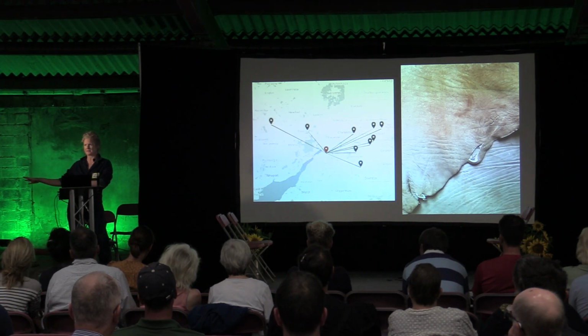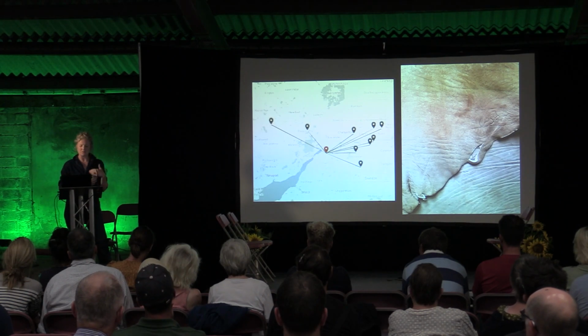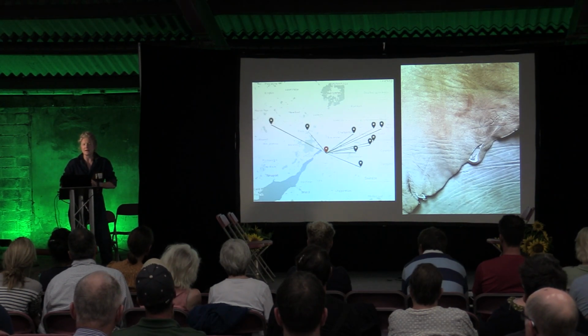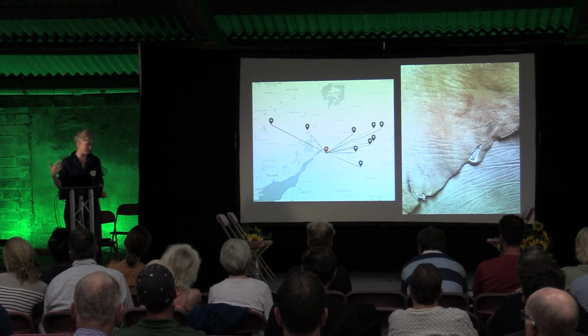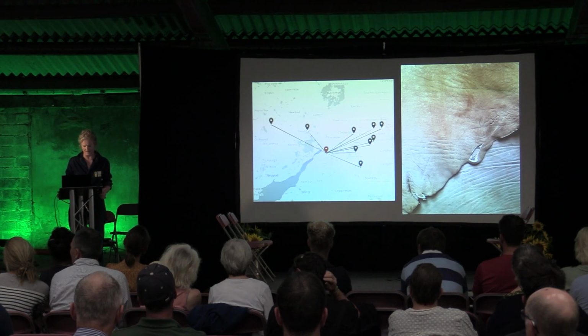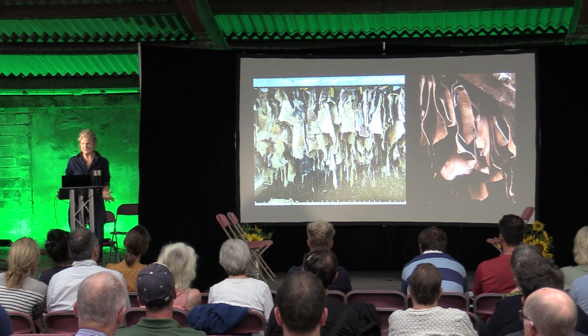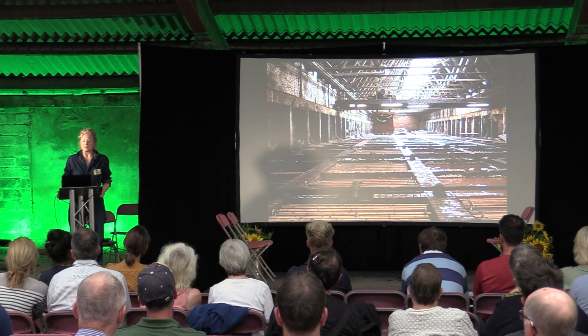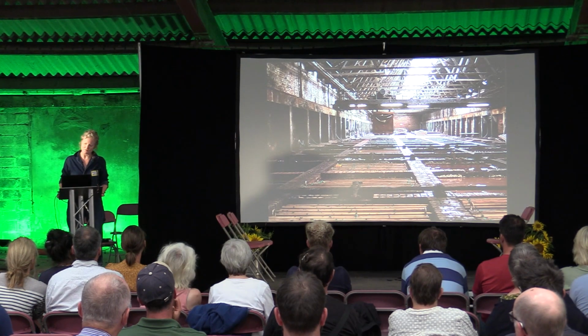Again, maintaining that separation so that we know which hides are coming into our supply. We keep records of the animal ID, so we know obviously the farm sources, but also the animal IDs for all the hides that are entering our supply. And then in batches of 50 hides at a time, we contract with a tannery in Bristol, which is a